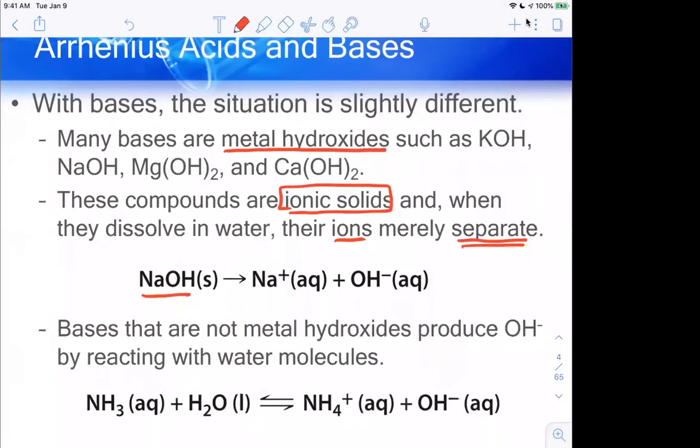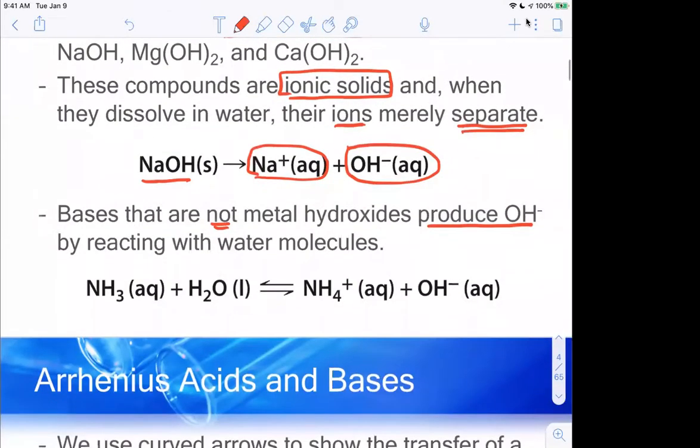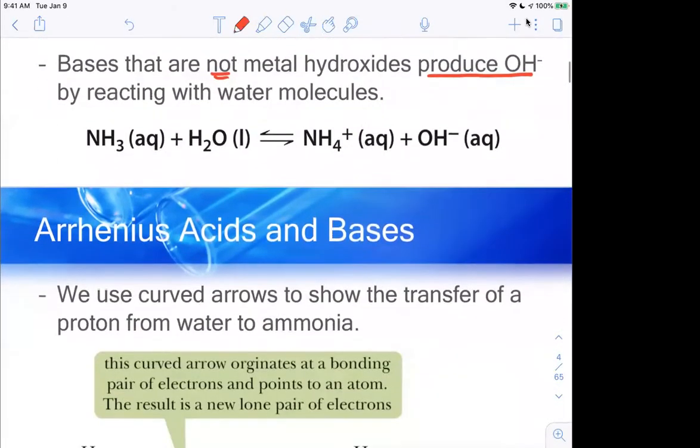So when sodium hydroxide is dissolved in water, I end up with the sodium ion and the hydroxide ion. Any base that is not a metal hydroxide needs to be able to produce OH minus by reacting with water molecules. What we notice here